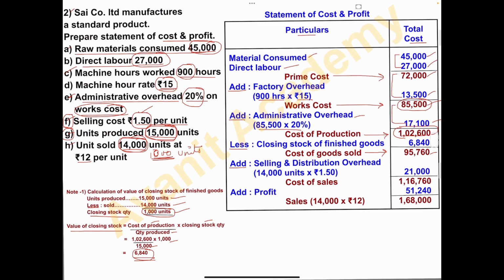How many units are sold during this period? 14,000. So we have to calculate selling and distribution overhead on the number of units sold and not on the number of